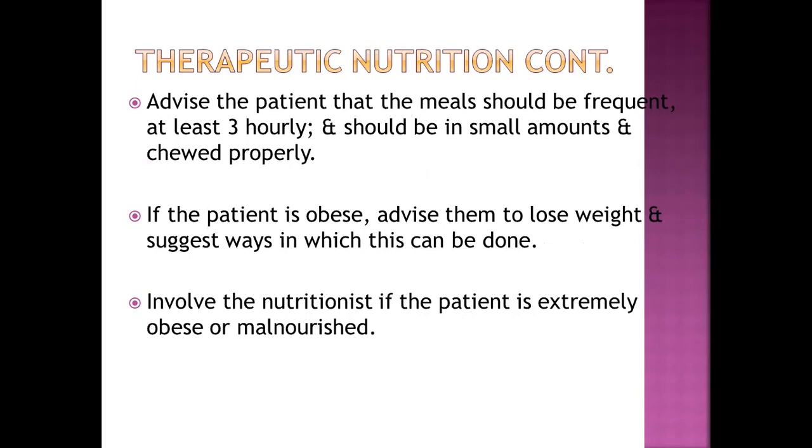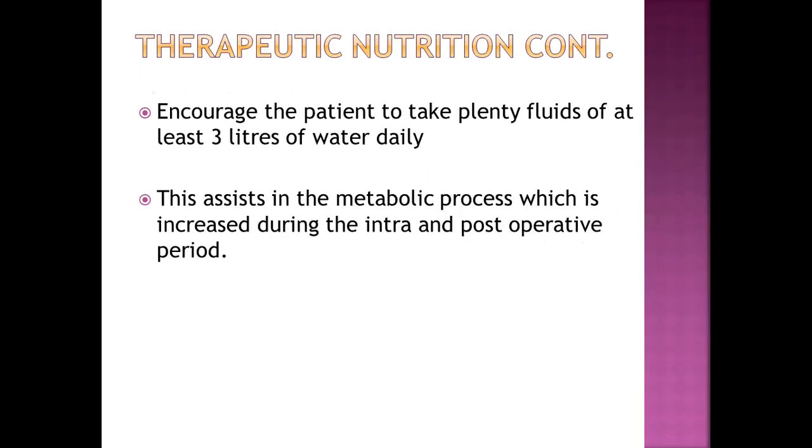Then for therapeutic nutrition, you need to advise the patient that the meals should be frequent, at least 3 hourly. If the patient is obese, advise them to lose weight. And if there's a nutritionist, allow them to plan the meals of their patient. The patient should also take in plenty of meals and metabolic